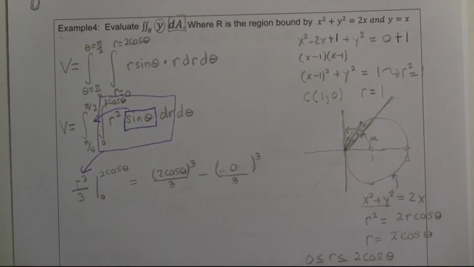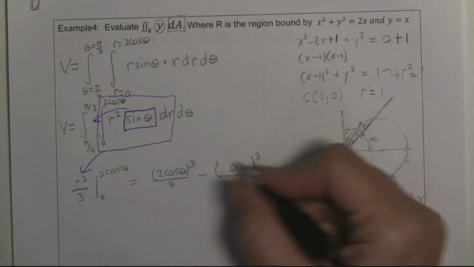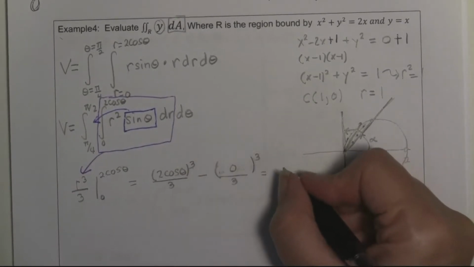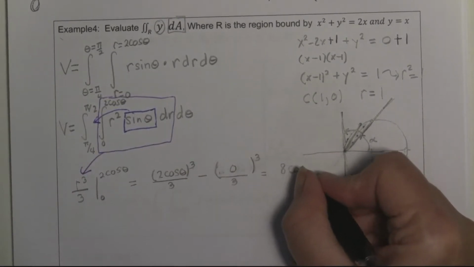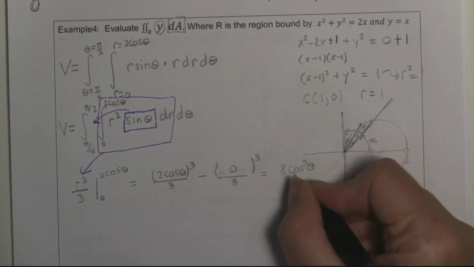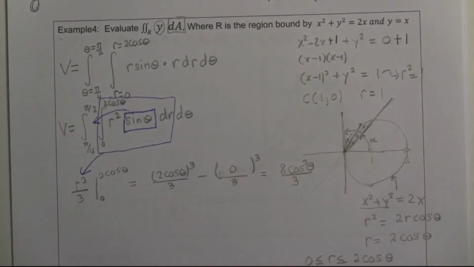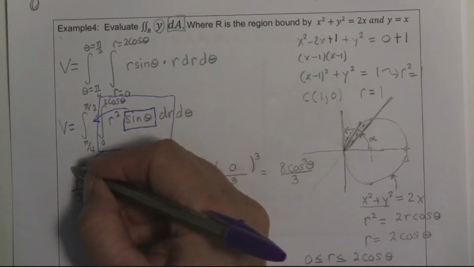Yeah, I'm sorry. I was supposed to be plugging in 0, upper bound minus lower bound, and I plugged in the upper bound twice. I'm blaming hunger, but it might not be hunger. It might just be craziness. And so here we're going to get 2 raised to the third, which is 8, and then cosine cubed theta over 3. And that's what I'm replacing in my